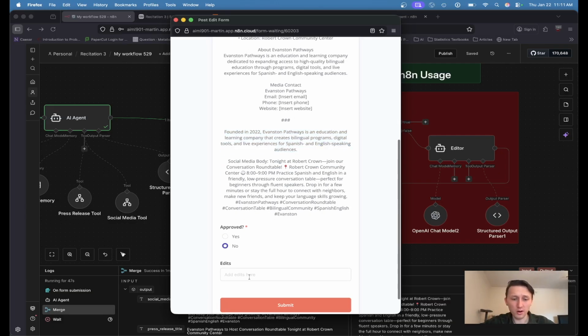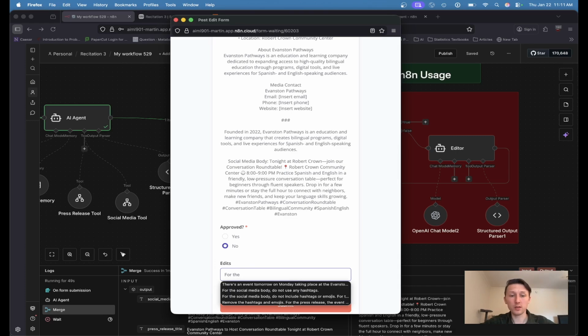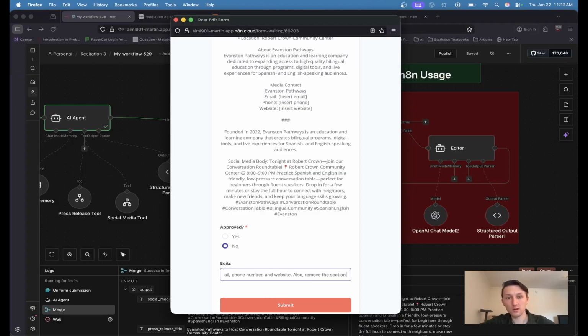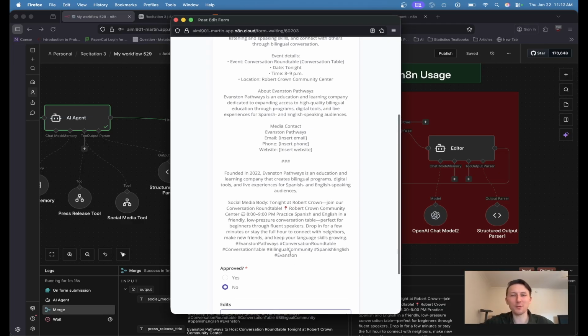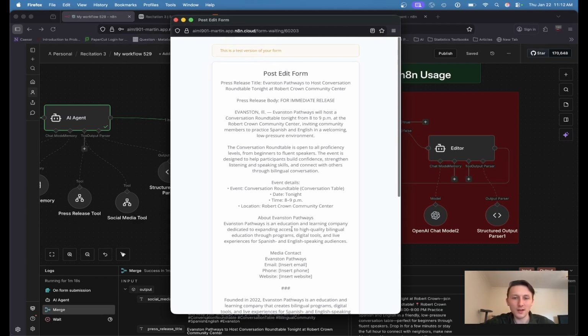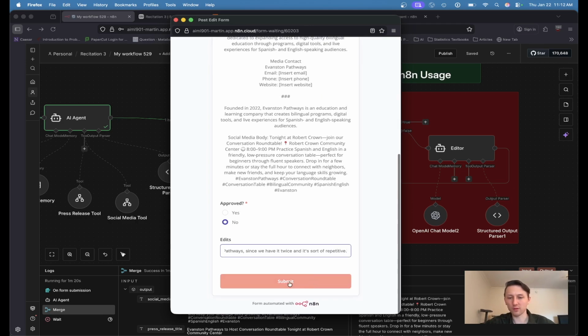And so I'm going to say no, and for the press release body, remove the email, phone number, and website. Also remove the section about Evanston Pathways, since we have it twice and it's sort of repetitive. So we'll see if it gets rid of it altogether or not. Maybe I had to be a little bit more specific, but I think this will be a great way for us to do this. So I'll hit submit,